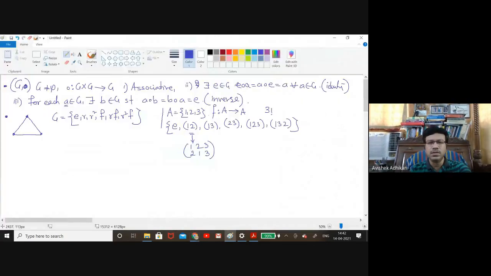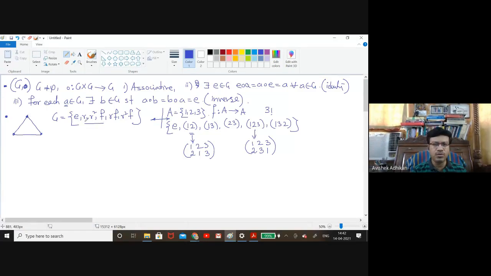Okay. So as I already mentioned, the notation is like this. Similarly, if I consider this, the notation is (1 2 3). So 1 goes to 2, 2 goes to 3, and then 3 goes to 1, and so on. So this group and this group, they basically are the same. In what respect are they the same? In our last class we have already seen that the constructions of these two groups are the same.